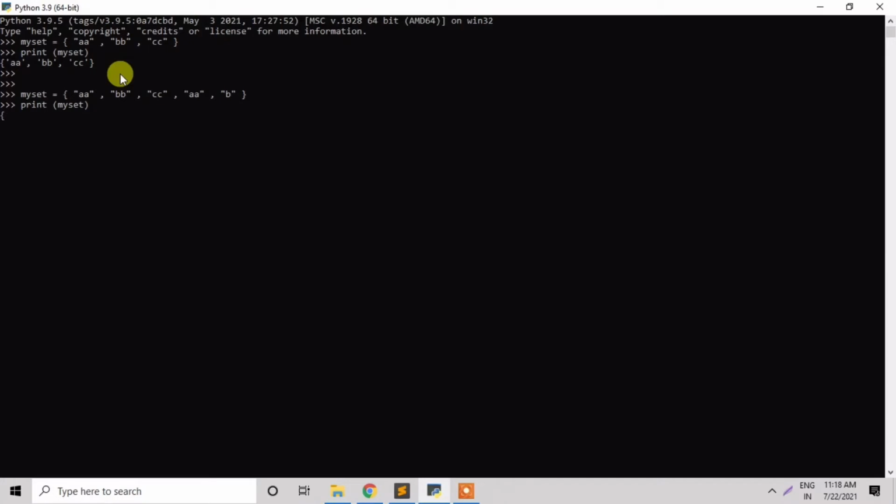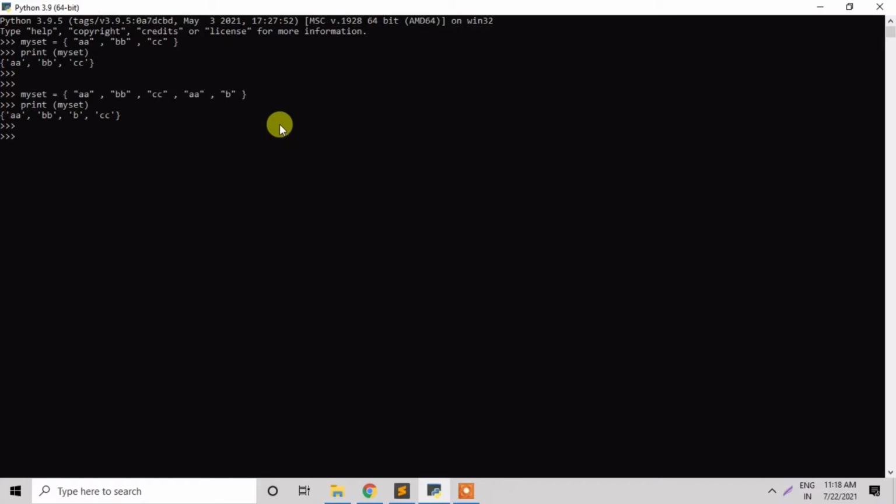You can see here the A is single, though in the variable I have written A twice. The single A is printed but the second A is not in the output. So this is known as a duplicate, which is not allowed in a Python set.